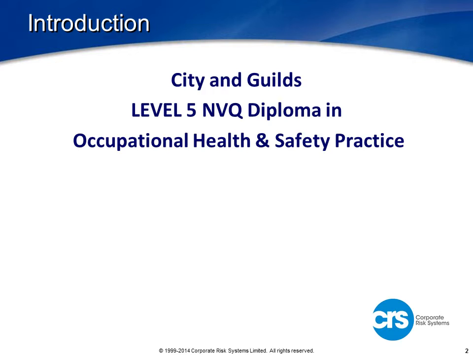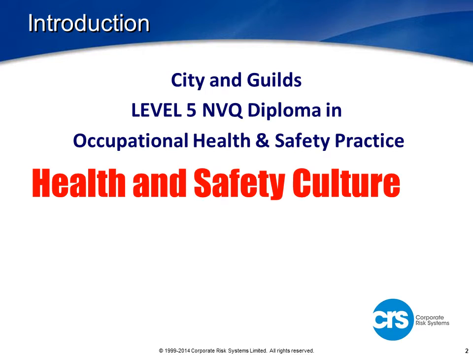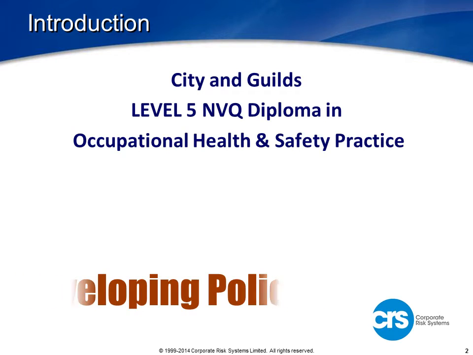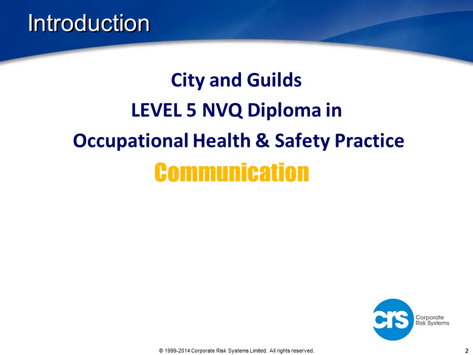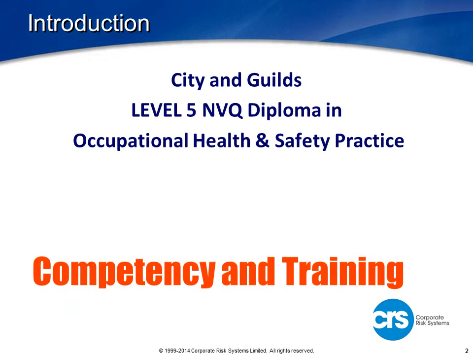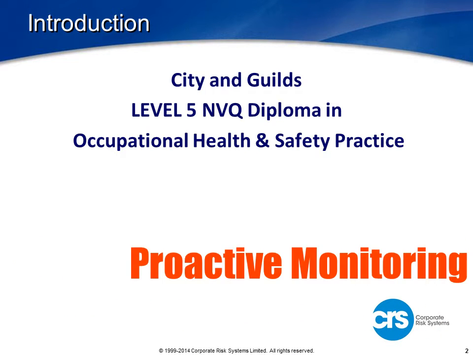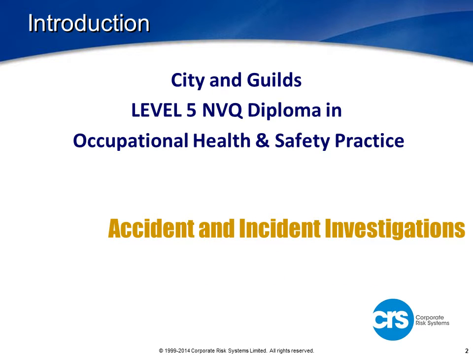In the qualification, you will put together a management report and supporting evidence in a range of areas, including reviewing health and safety culture for an organisation, developing and implementing a health and safety policy, implementing effective communication systems, both internally and external to the organisation, developing and maintaining competence and training within an organisation, assessing, identifying and controlling health and safety risks to an organisation, implementing proactive monitoring systems, developing reactive monitoring systems such